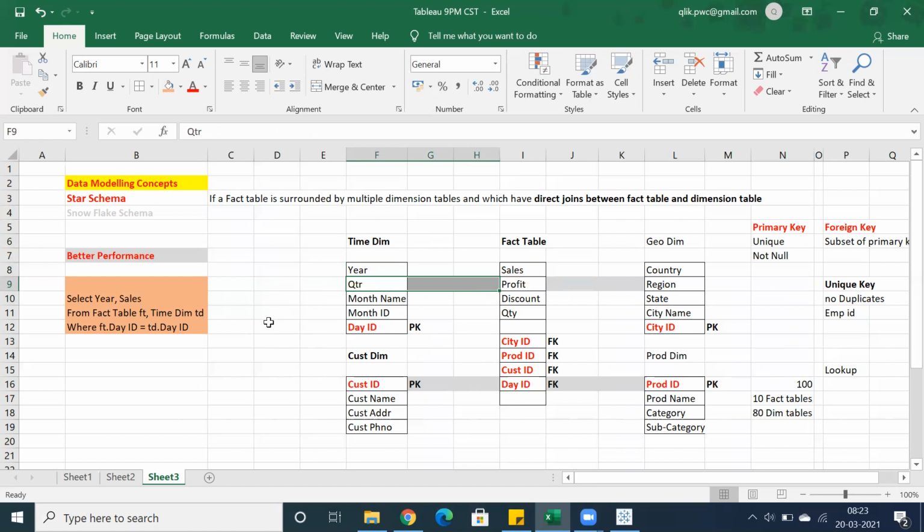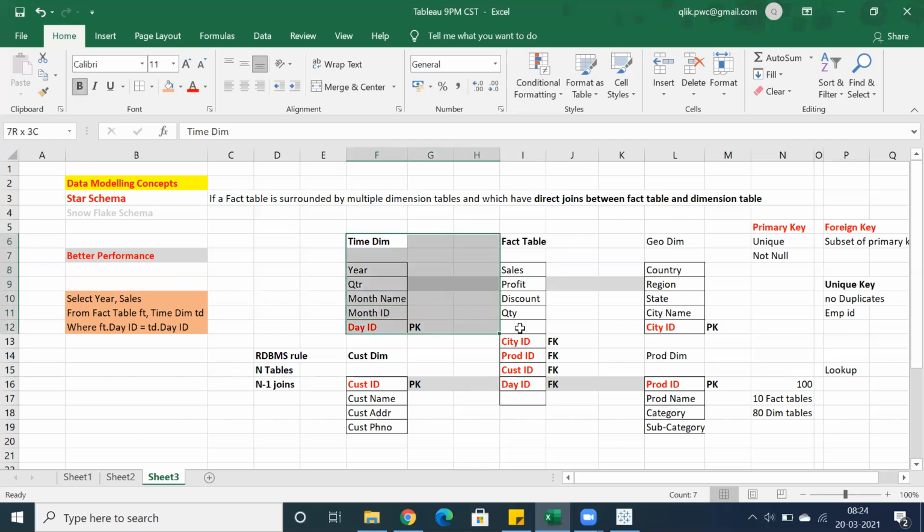So just remember this RDBMS rule for joins. Very important: if you have n number of tables, you should get n-1 joins. This is the relational database management rule. So let's consider only these two, because I need to create a year-wise sales report, correct? Year is from the time dimension and sales is from the fact table.